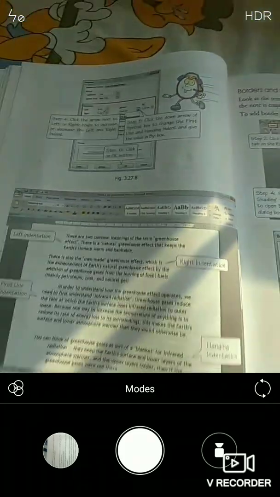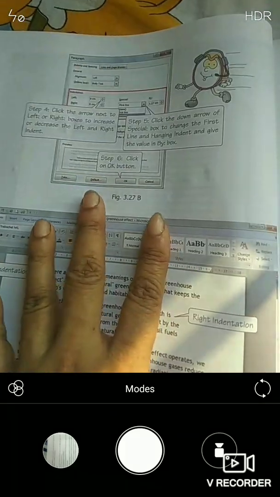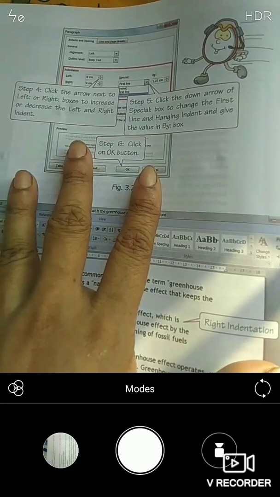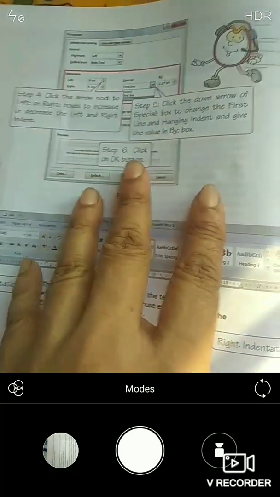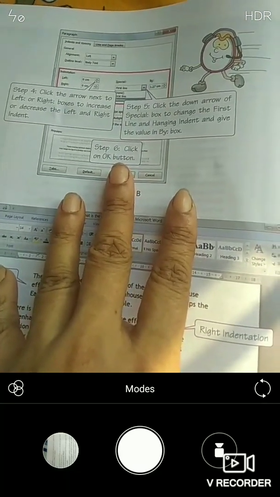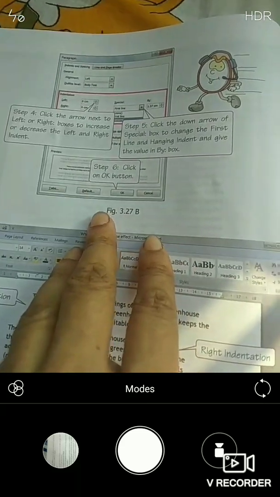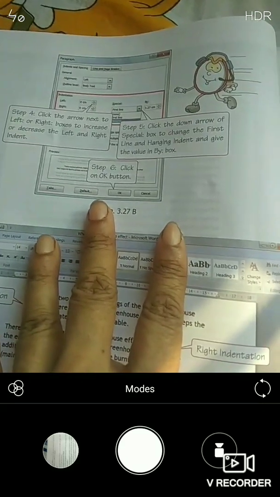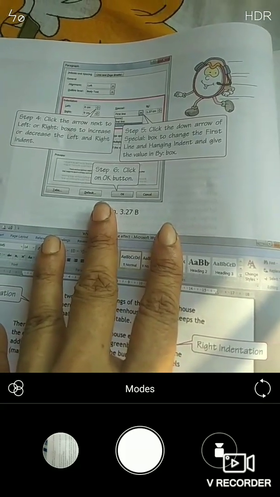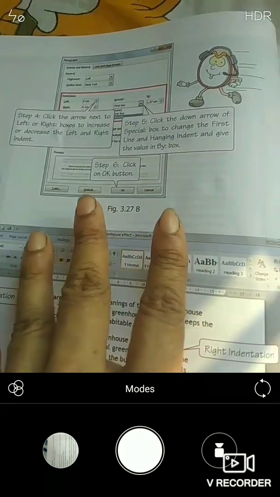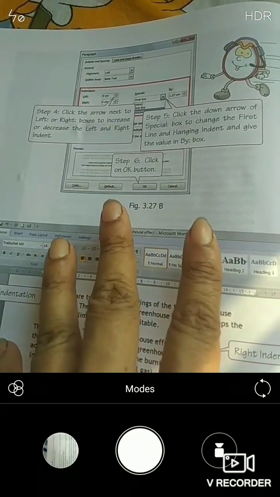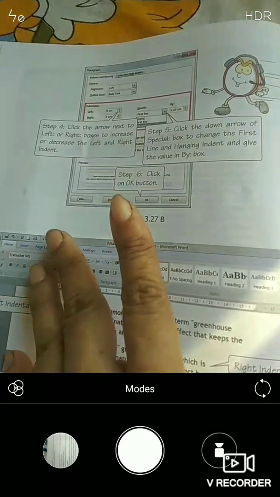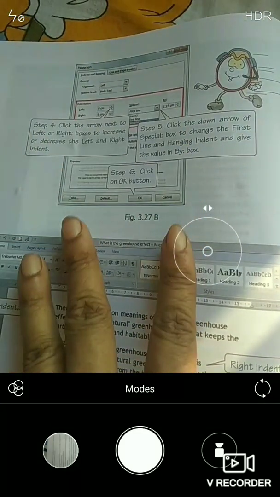Right. So children, it is a little bit difficult to get the idea from the book for doing the activities, but when we open the school and everything is normalized, after that we'll have the practical class. We'll do it in computer class when the physical school is running. When we go into the practical and do it yourselves, at that time you will easily understand all these alignments related to the paragraph, indenting of the paragraph, all the things. It will be better.